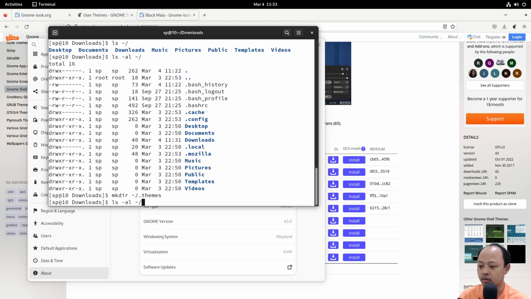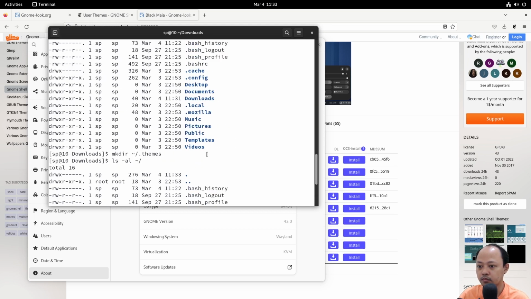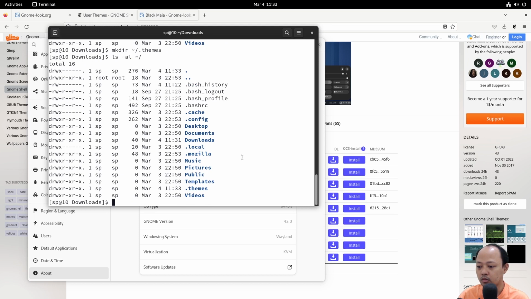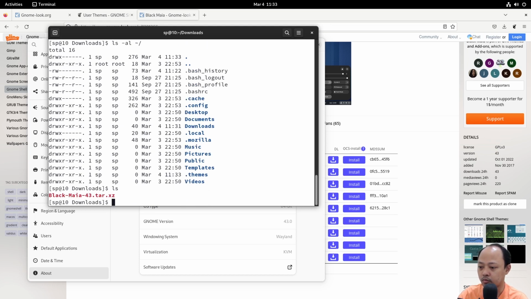Let's check again. This one. Now I have the folder. Okay, let's copy the Black Maya shell theme to ~/.themes.